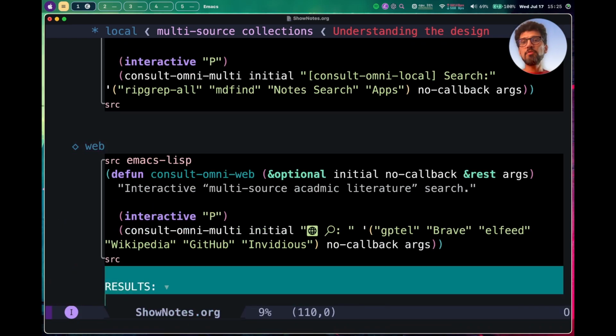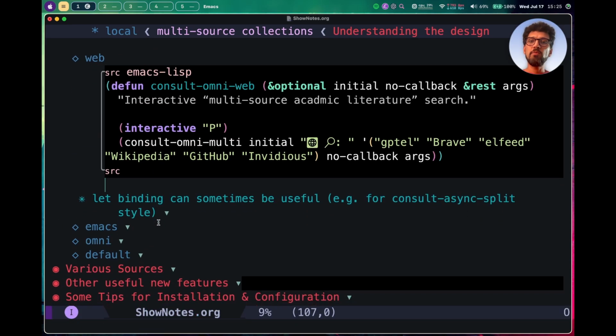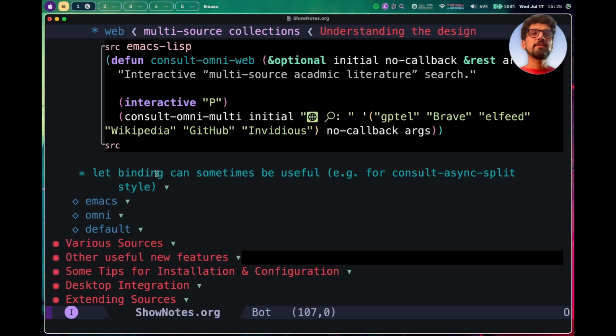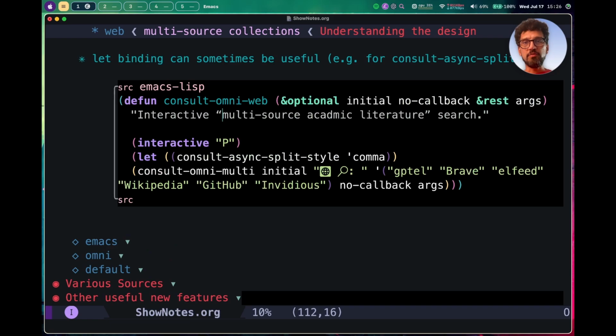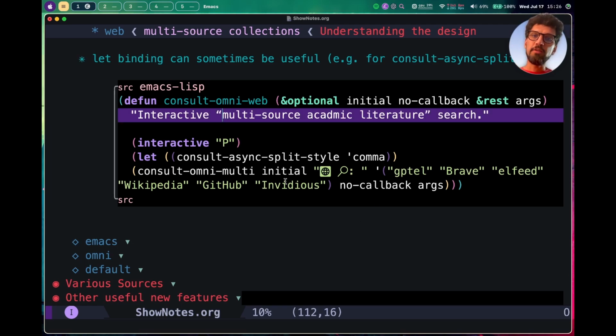So depending on your workflow and what you're interested in, you may want to define different interactive commands with different sets of sources, and it's pretty straightforward with this consult omni multi command that you can just pass a string for the prompt and a list of sources, and you will get a new interactive command. One more thing that might be interesting to think of is you can also do some let binding around this consult omni multi,